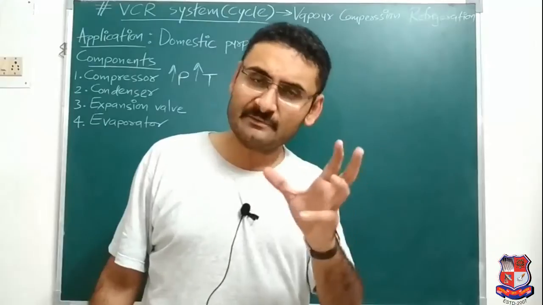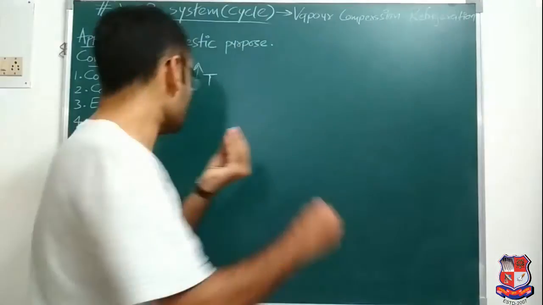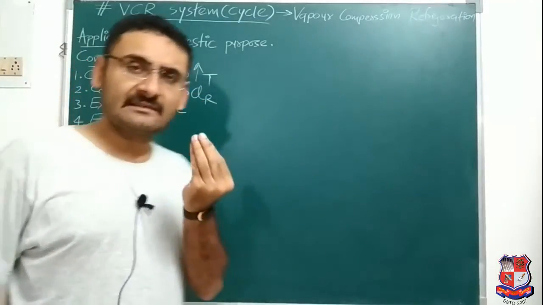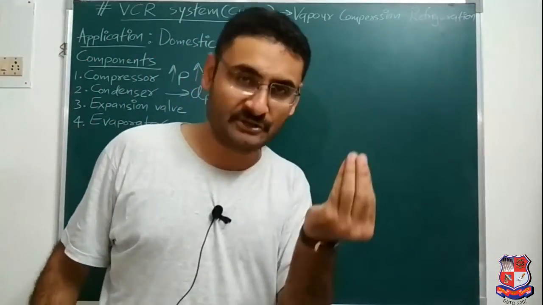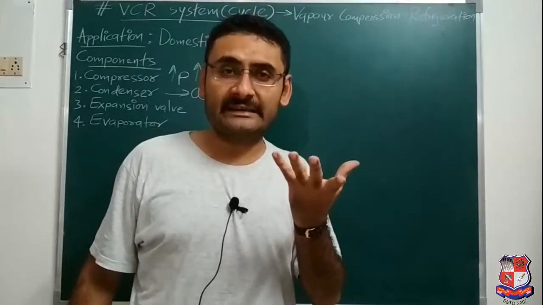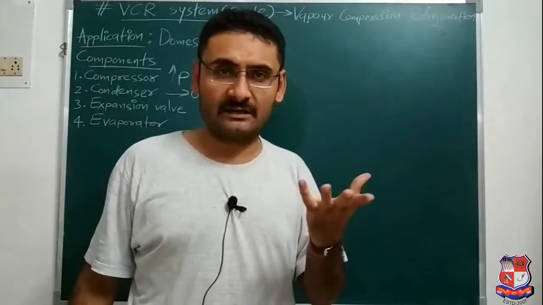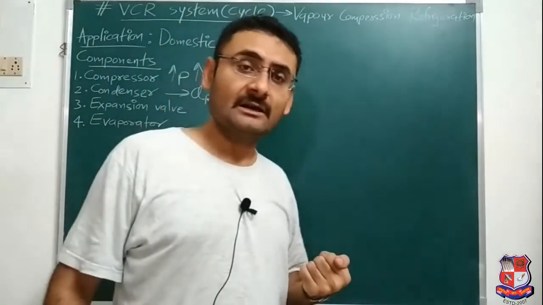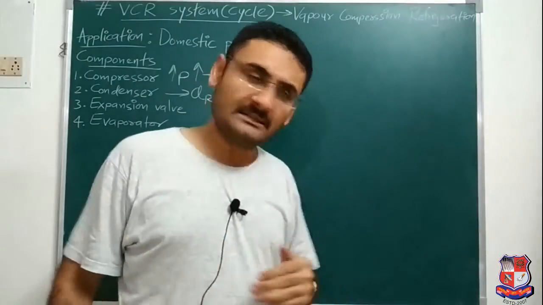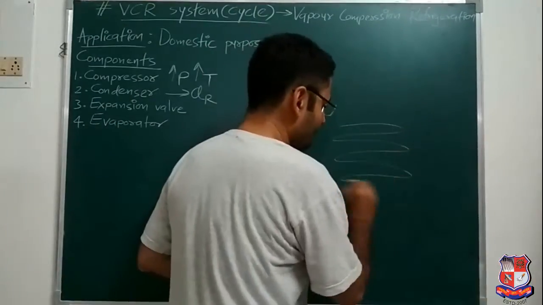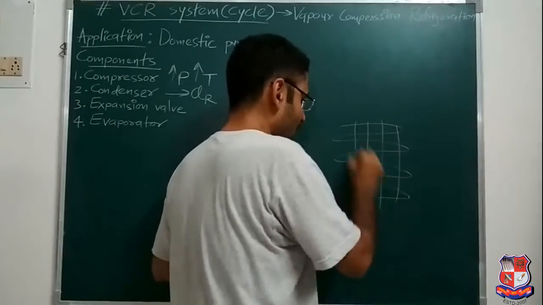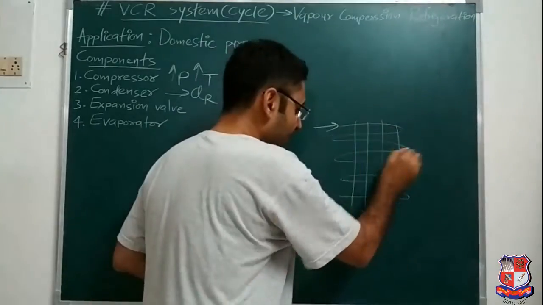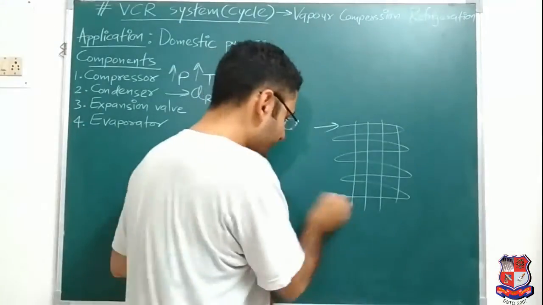So condenser means what? It is a device in which, I will write like that, Q means heat, R means rejection. Heat is rejected from what? From the refrigerant. And low temperature is maintained of what? Of a refrigerant. And that condenser you can see at the back side of your refrigerator in the form of grills. This type of grills are there, maybe you have seen or not. So that is known as condenser. That is the inlet of refrigerant. So refrigerant will be circulated like this, and that will be the outlet.